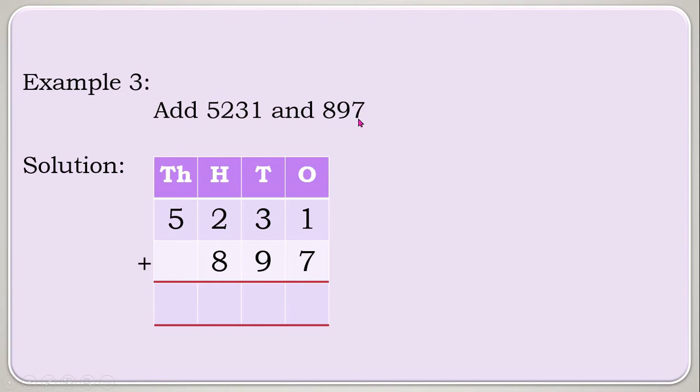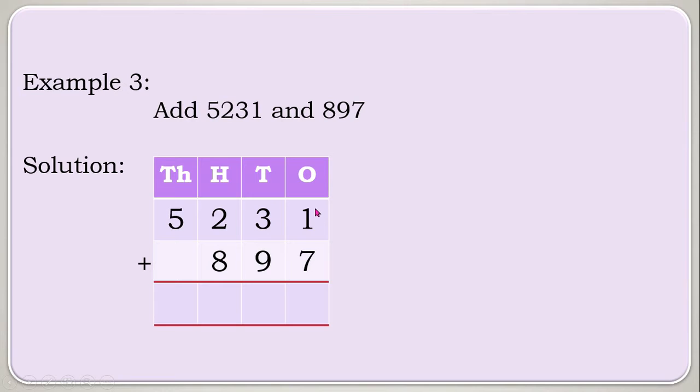In the number 897, 7 is in ones place, therefore 7 should be in ones column. 9 is in tens place, 9 should be in tens column. 8 is in hundreds place, 8 should be in hundreds column. You should not start writing these numbers from the right extreme or from thousands column. You should write the digits from right to left, not from left to right. So therefore, you should fill the columns from right to left, 7, 9, 8, like this. So if you start writing from left to right, you will go wrong.